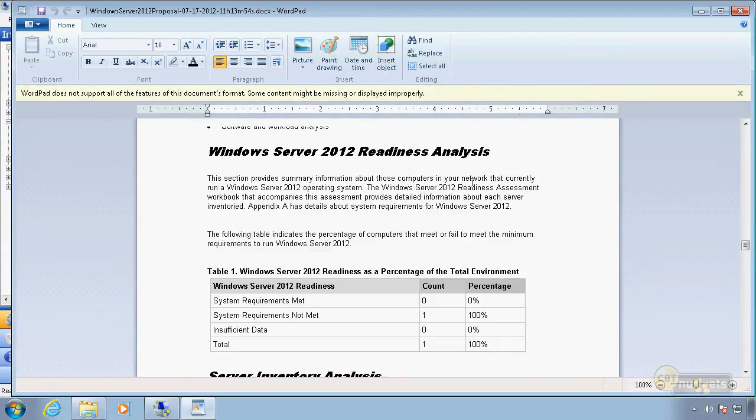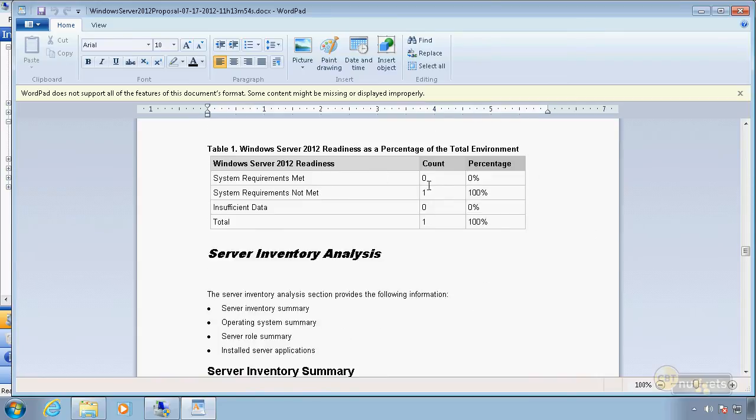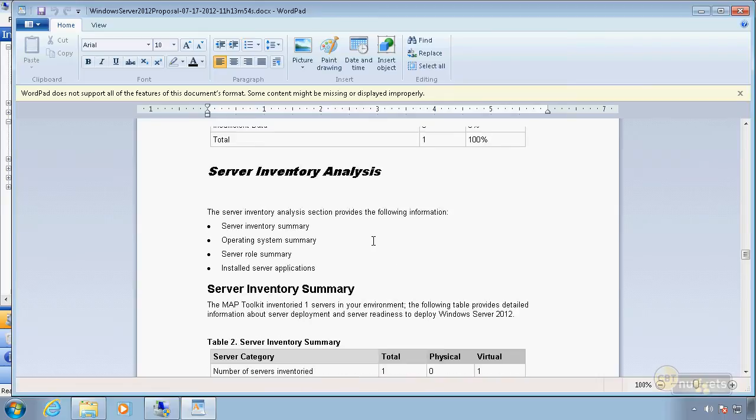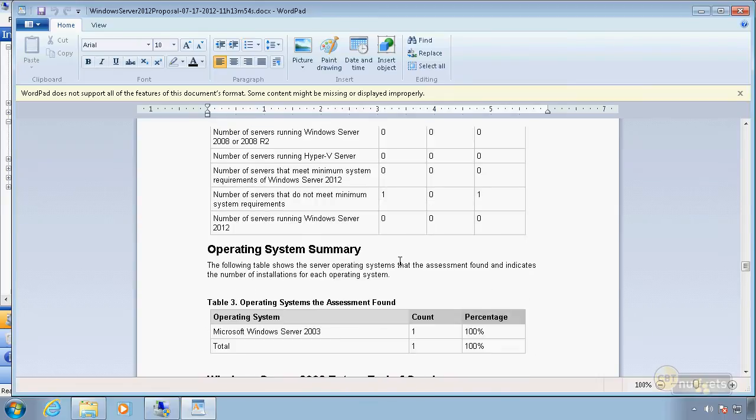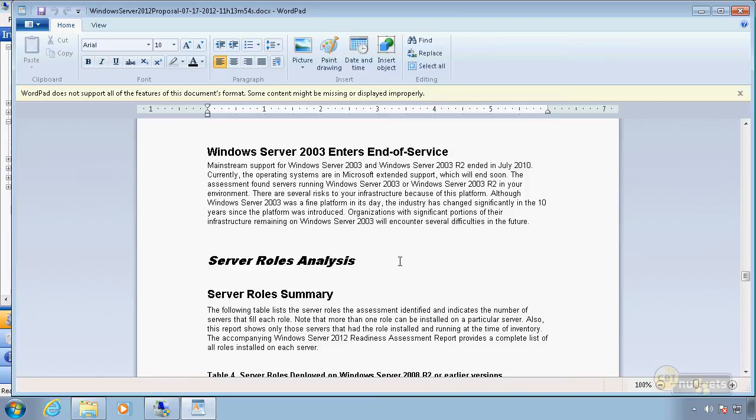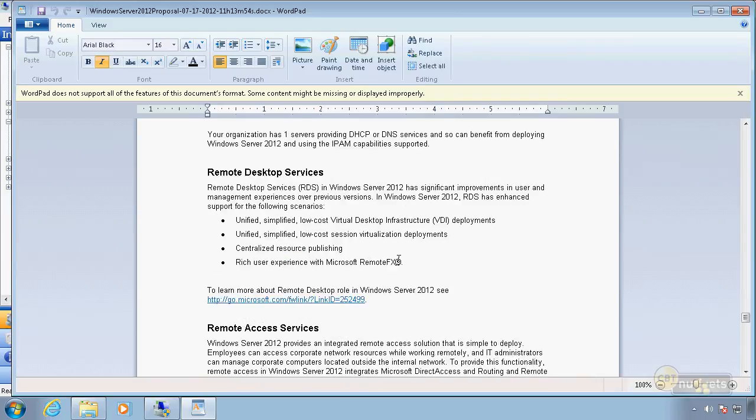So let's see. Down here, the readiness results, it says that system requirements were met. No. System requirements not met. Okay, thank you. And it just tells you some of the things that were possibly wrong with that. I haven't even gotten into it, so not sure the reason why it wasn't compatible right now, other than the fact that you can't upgrade from Windows Server 2003 to 2012. You would have to do a leapfrog upgrade where you go to 2008 first and then 2012, or you would have to use other migration scenarios, which I'll talk about here as well in this nugget.